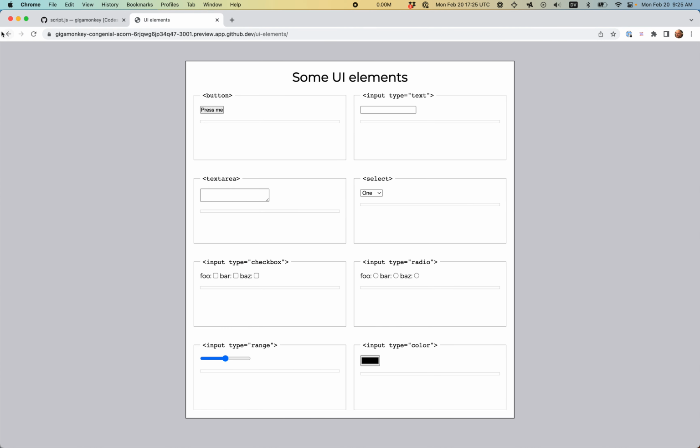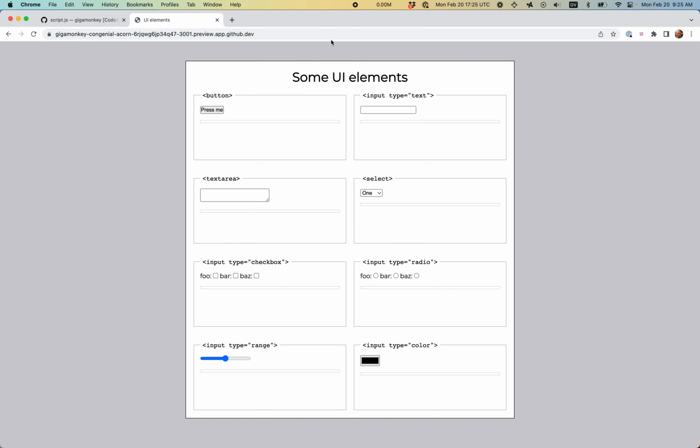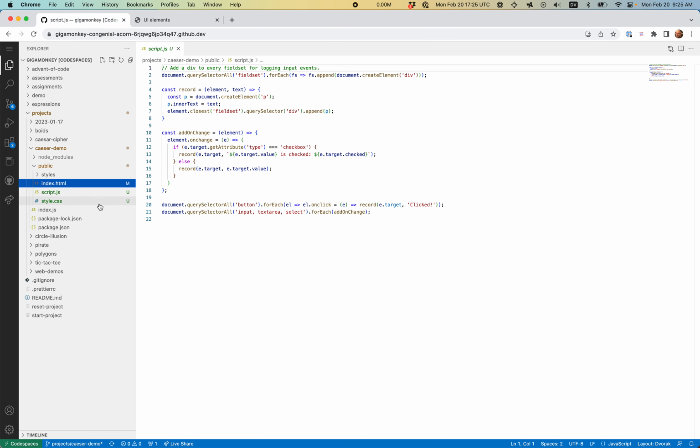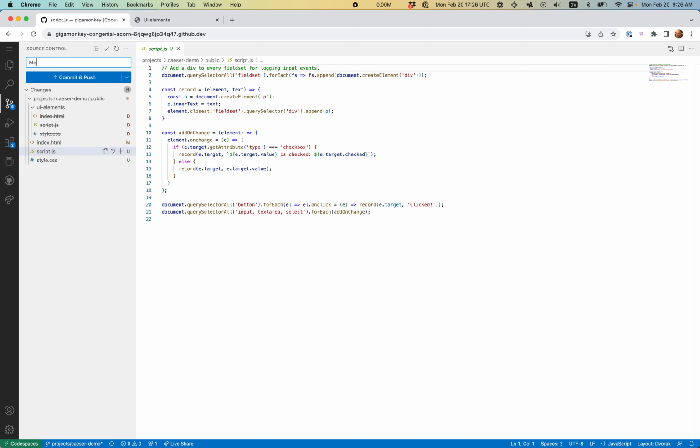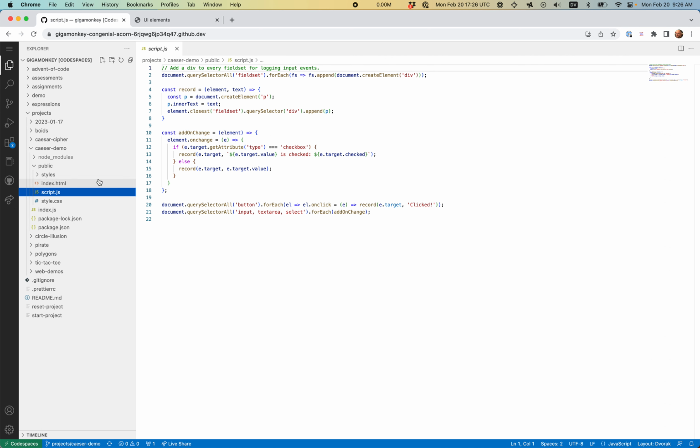And now this page will be broken because I moved everything. But if I take that, now the index is what was the UI elements. So that's another good step. And so far I haven't done anything except delete a bunch of stuff. Moving UI elements up to root. Go ahead and push that. Let's see what else is going on. Okay, so now